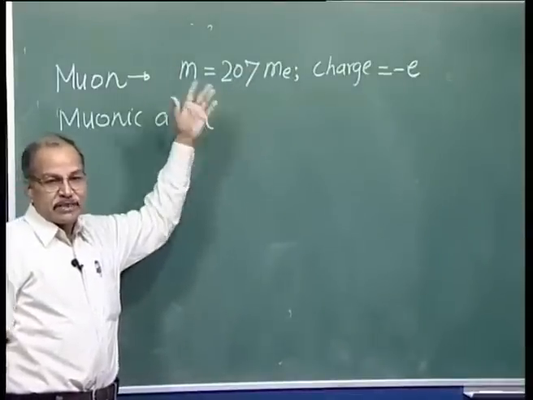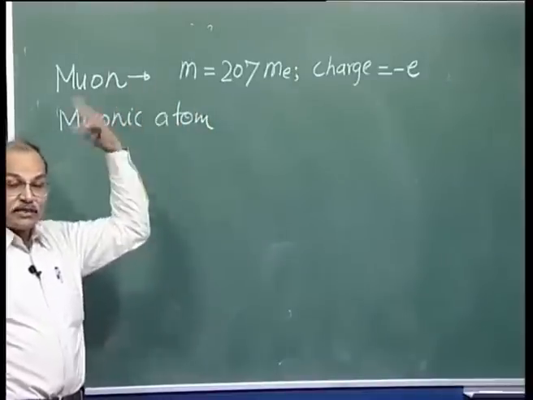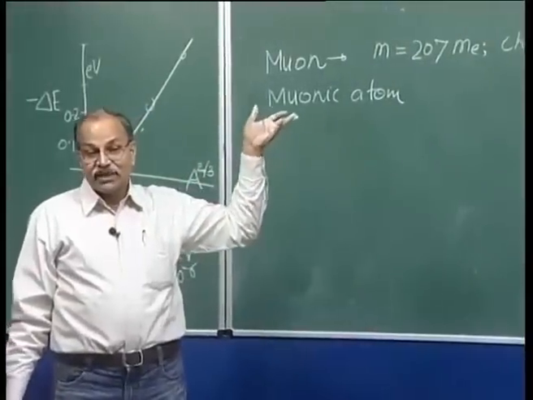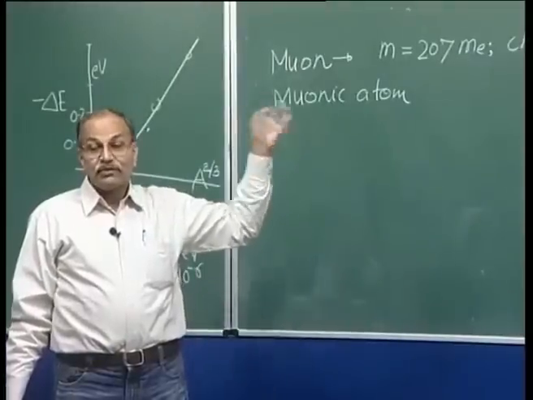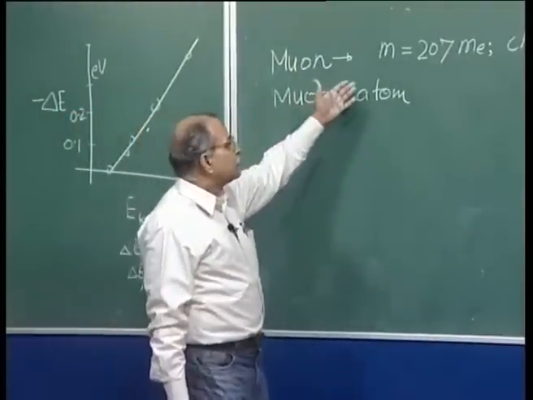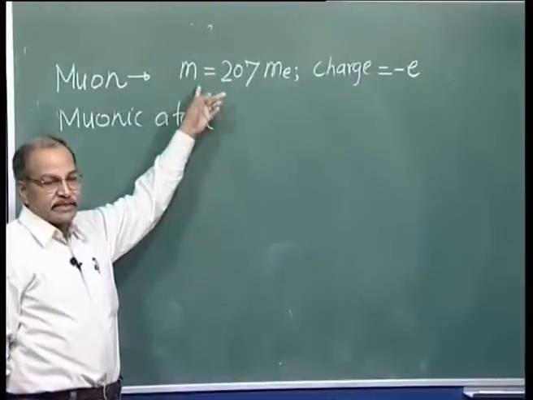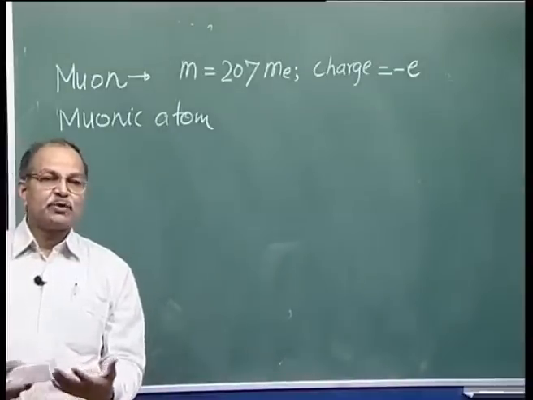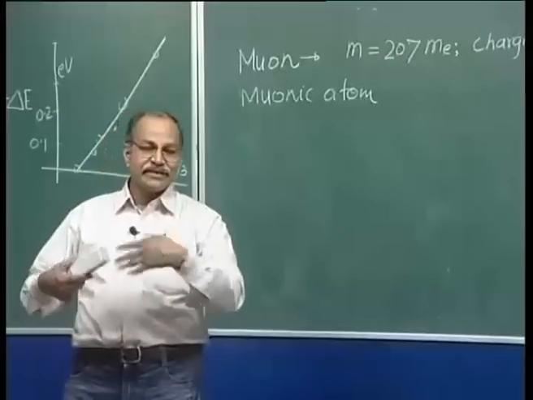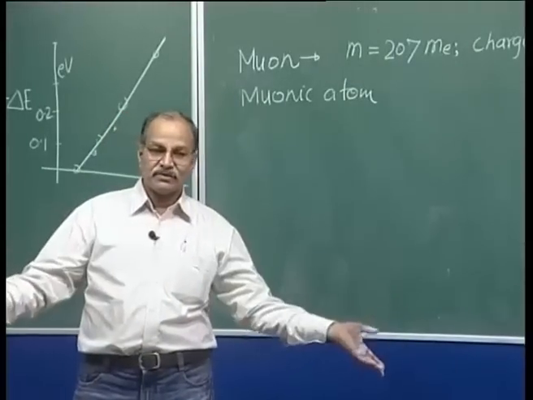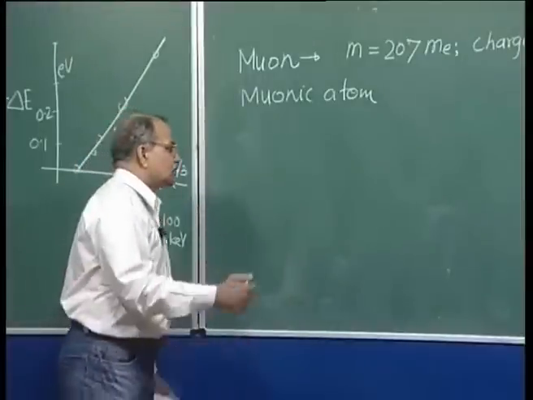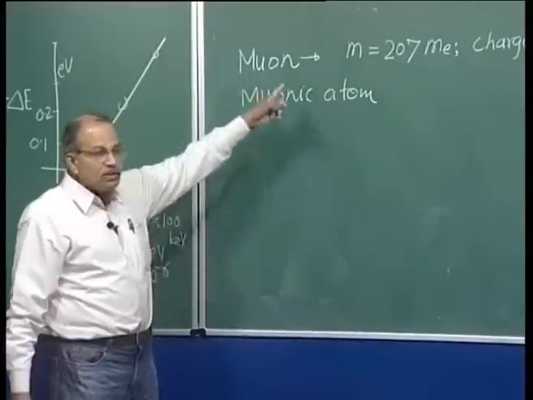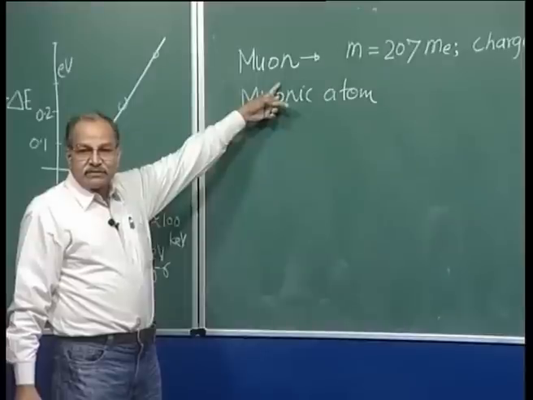Not freely available, not a stable particle. They are produced in the upper atmosphere because of the cosmic rays, but then these decay in something like 2 microseconds or so in their own rest frame. But these can be produced in the laboratory also. You need large accelerators, nuclear reactions. Those nuclear reactions produce pions, and those pions decay to muons, and then finally the muon also decays into electrons and so on, neutrino. So, in place of an electron, if a muon is captured by a nucleus, what you get is